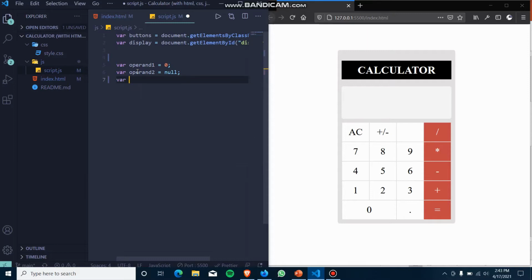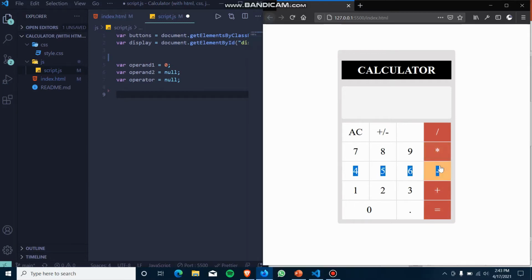Third one is the operator, and set the value as null. So this is operand 1, the number which you have taken, then operand 2, and the operator. Operator means plus, minus, multiply, or divide.